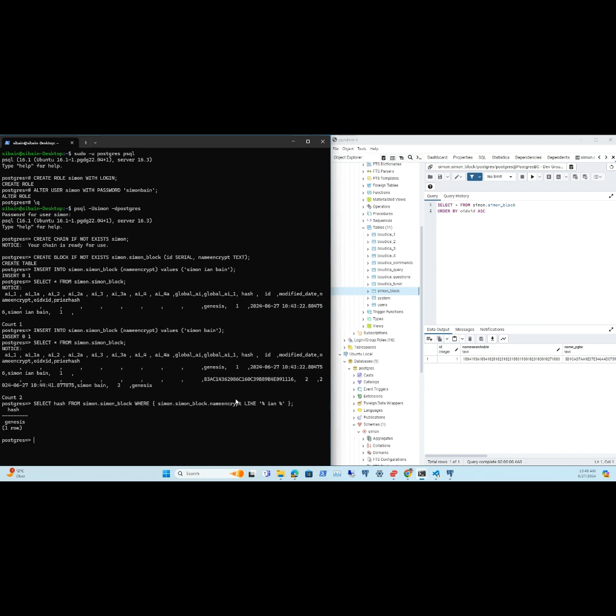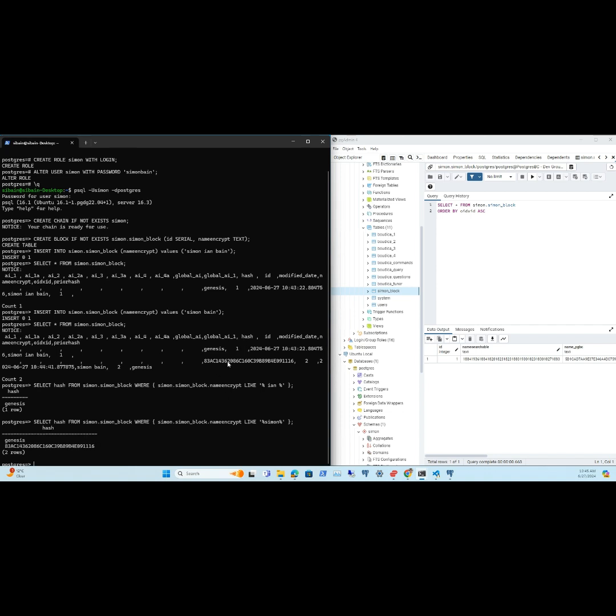So there we go. If I change that search and put in Simon and press enter, we have two come back, which is correct. So we have both Simon Ian Bain and Simon. So there you have it. That is us setting up a new chain, putting a block in the chain, bringing a new user into play, and then searching on that encrypted data after placing data into